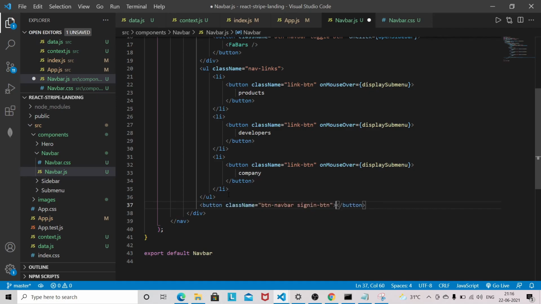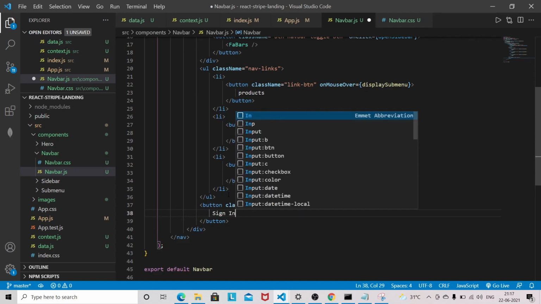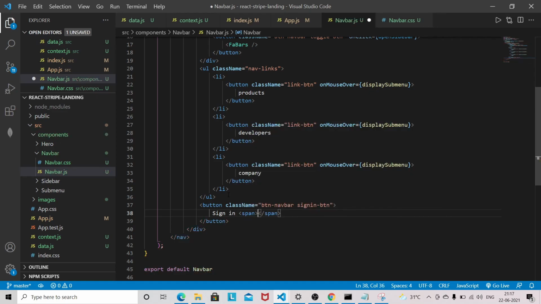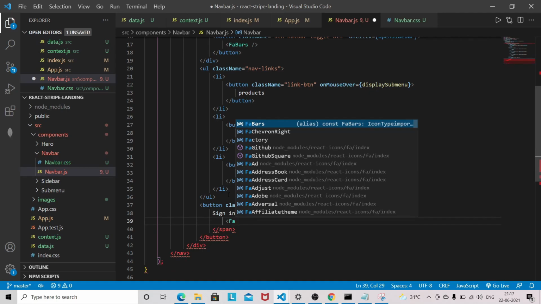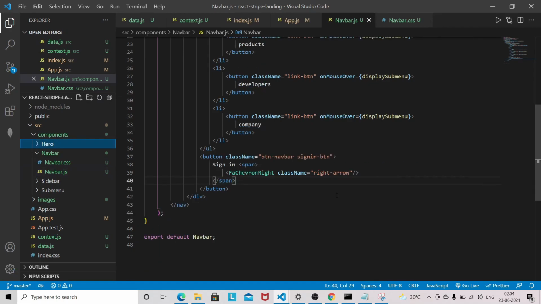So this is the class name for sign-in, and I'm going to add one span tag here, and I'm going to use an icon, and the icon will have the class name like a right arrow.